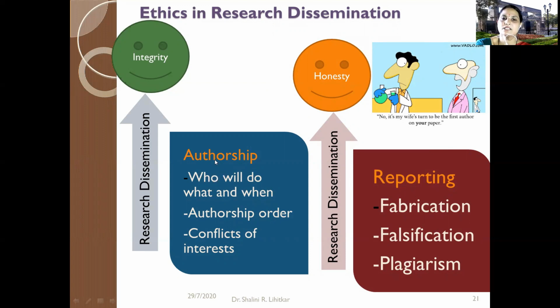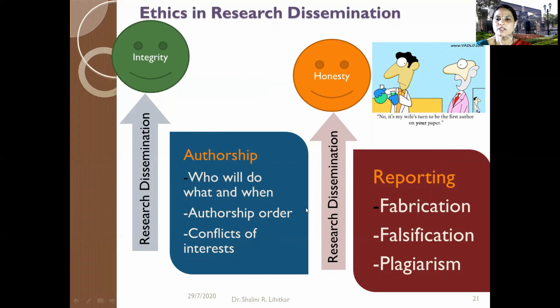So first, on authorship: who will do what and when. In research, suppose you are taking up a research project and taking the help of research scholars, then you also have to write their names for publication. So who will do what and when, you have to decide as an author. Then what the authorship order will be, you also have to decide. Then what the conflict of interest will be. So whenever you go for authorship, you have to take care of these 3 points,